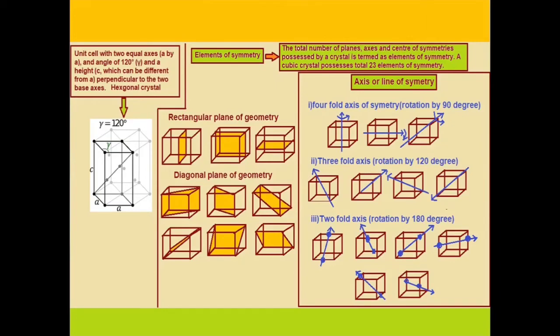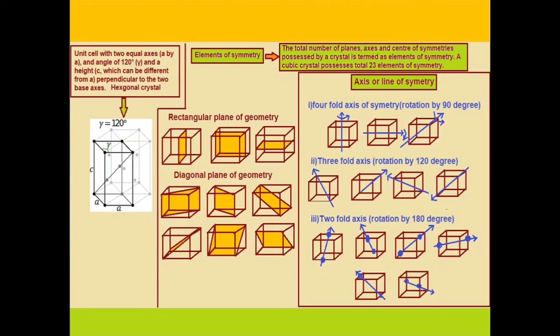One is the hexagonal crystal: a unit cell with 2 equal axes, A by A and angle of 120 degrees, that is the gamma angle, and a height C, which can be different from A, perpendicular to the 2 base axes. And this is about the hexagonal crystal structure, which was devised by Auguste Bravais, who